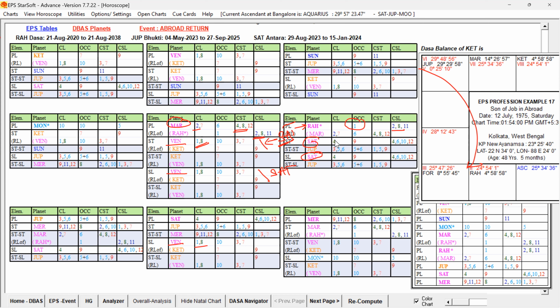But Rahu we can choose as supportive for coming back to the homeland, right? We have to keep it in the waiting list. And let us check Jupiter. The Jupiter planet is